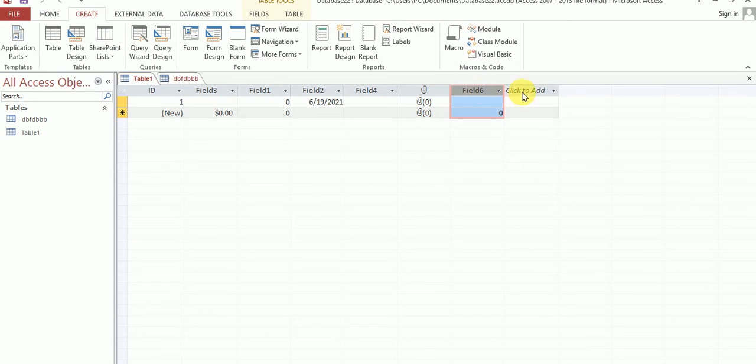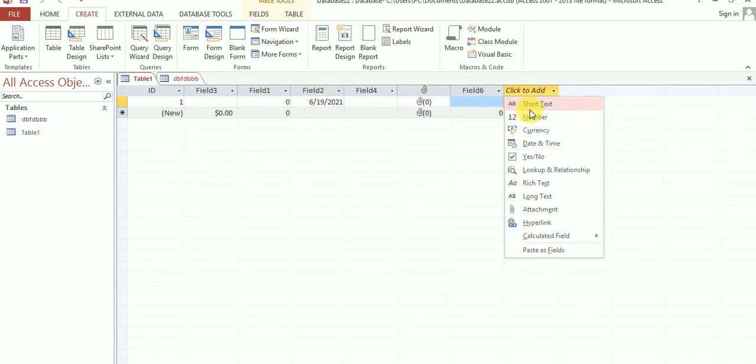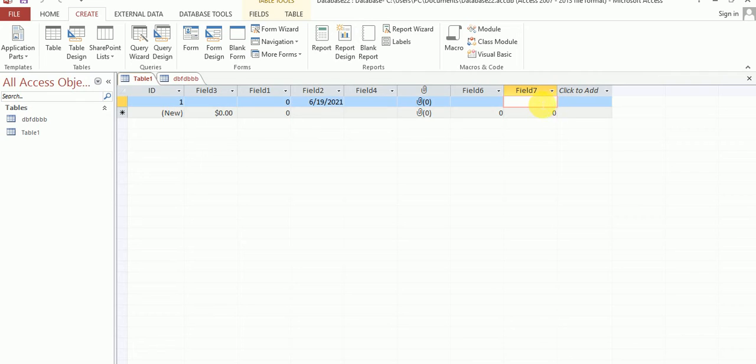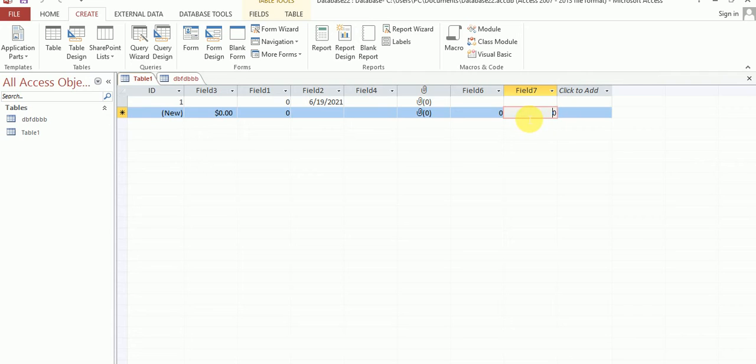When I use the number data type, it automatically generates a 0 value, because in this field you can enter numerical values only.